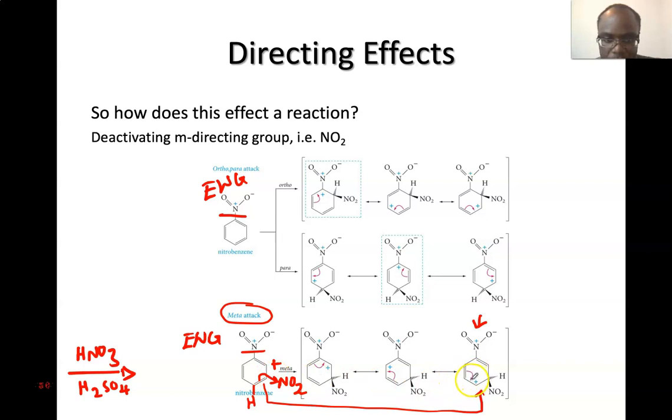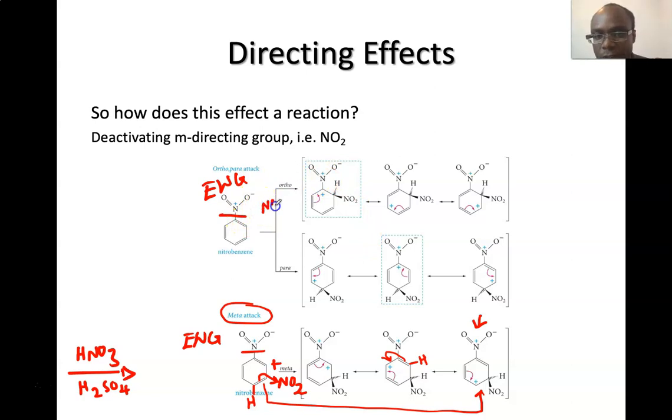This comes here, you get this structure, and then this can come here to get this structure where this carbon will now have one bond less, then you get a plus sign. So this arrow, if you push this one here, you're gonna get this structure, and it's gonna be repeating itself. So notice that the plus sign is never on the same carbon as the electron withdrawing group. You don't want that. You see, in this case, if you do ortho,